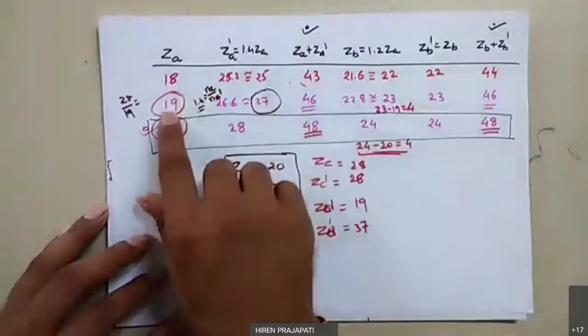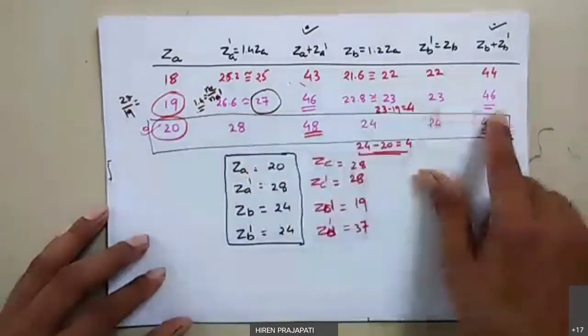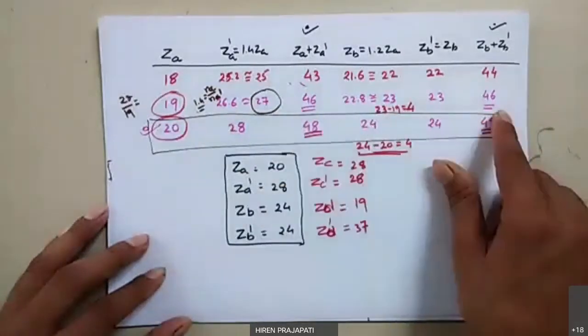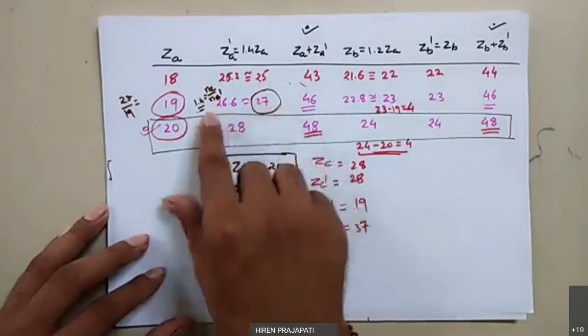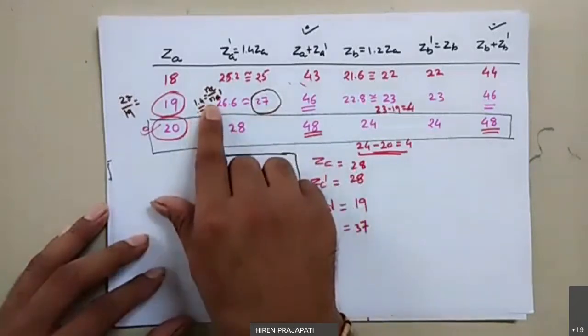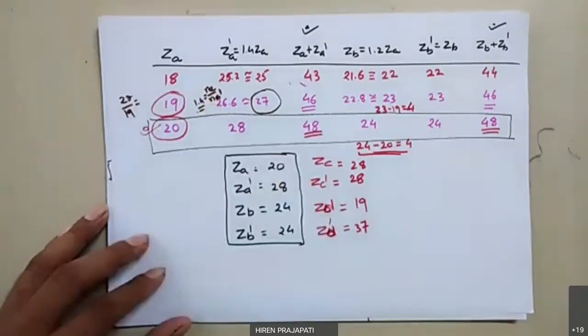That's why we move to the next value, and 19 was taken next. After solving, we got 46 and 46, but if you look, we do a round off here. Due to round off, we get some change in the speed ratio, and if the speed ratio changes, then the theoretical speed is not possible to get. We get some variation in the theoretical speed.